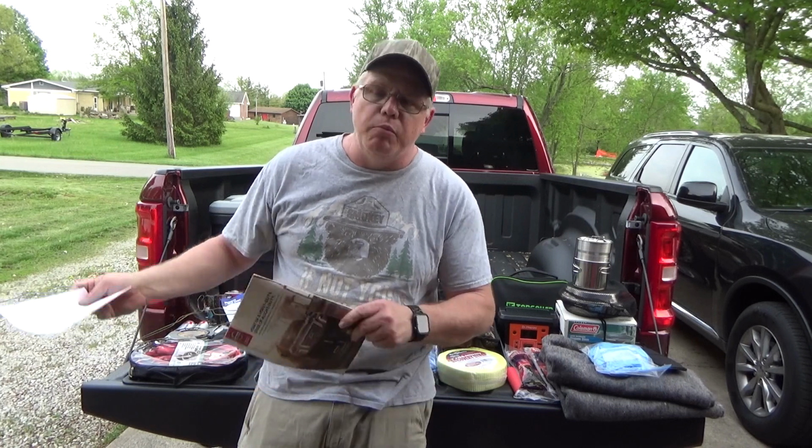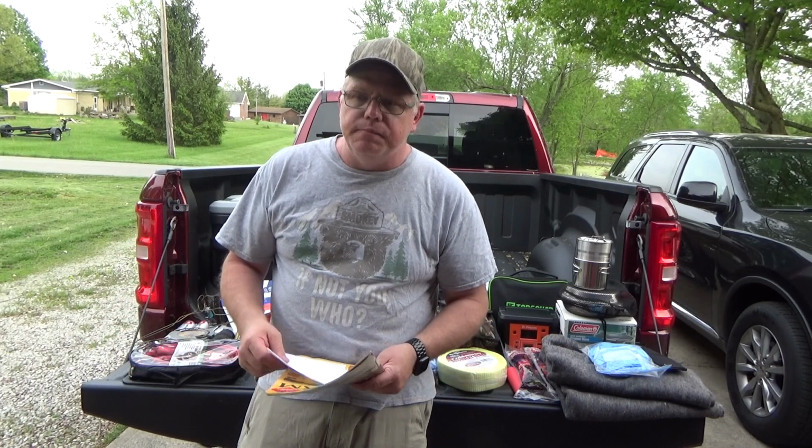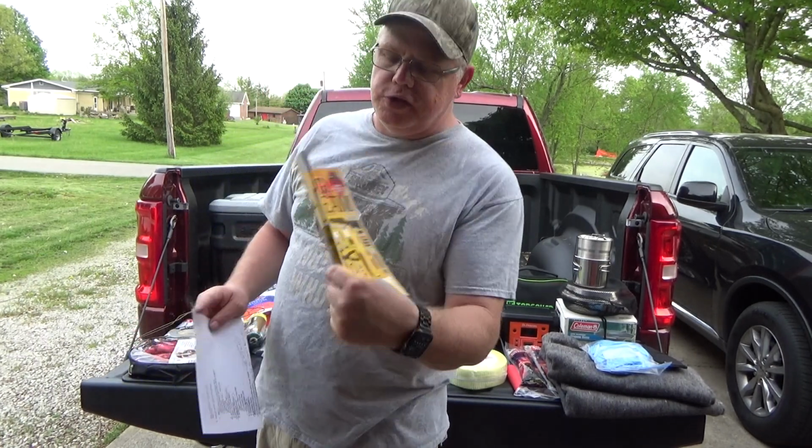Also, to let you know, I do have a set of sockets, wrenches, pliers, all of that in the front of the truck. I'm not really going to pull that out and bring it out here to show those as well, but I do have a tool kit just for minor repairs or anything that goes on that I would need if I got stuck someplace and I needed to actually work on something. I can do it right then, and I've got a small amount of tools that I can do that with. So now, going back to the Field and Stream's